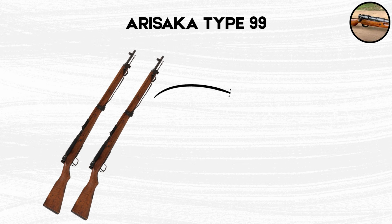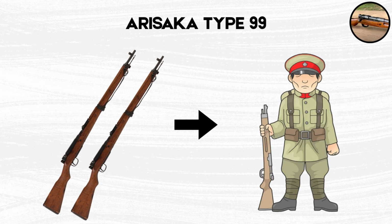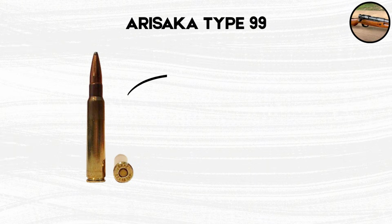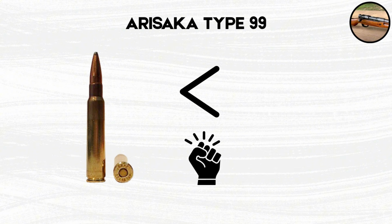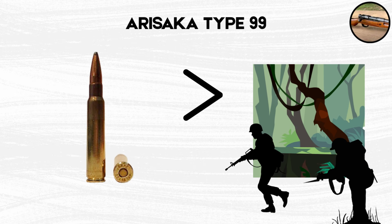This rifle fires the 7.7x58mm Arisaka cartridge that was developed specifically for Japanese military requirements in the 1930s. The Japanese 7.7 cartridge delivers about 2,200 foot-pounds of energy, making it less powerful than German or Soviet rounds, but well suited for the close-range jungle fighting that characterized the